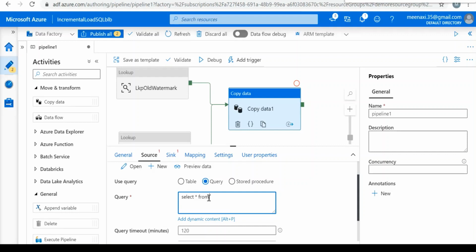Select star from our table where my last modified time greater than